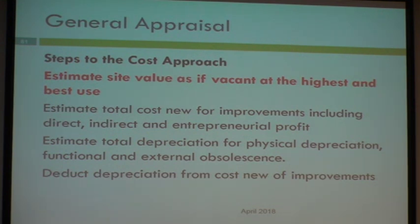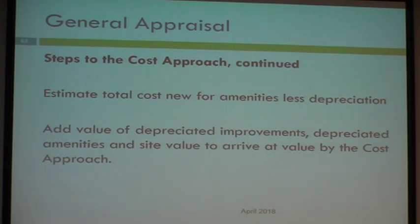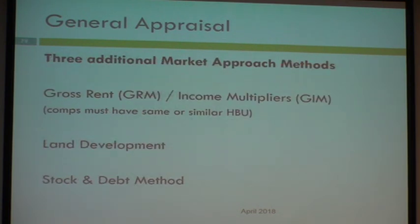Estimated total cost of new improvements, including direct and indirect cost, less depreciation for physical depreciation, functional, and external obsolescence. You still have depreciation on a cost approach. Deduct depreciation from the cost of new improvements. We estimate the total cost new of the amenities, less depreciation, and add the value of depreciated improvements, depreciated amenities, and site value to arrive at a value by the cost approach. So there are several things there we must add together. The cost approach,